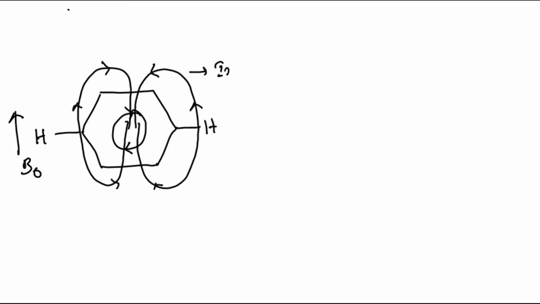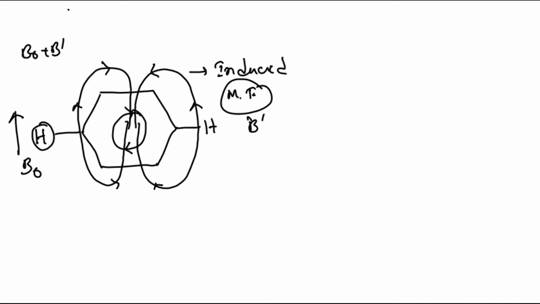You can say induced magnetic field. So there is an applied magnetic field and there is an induced magnetic field. Signify the induced magnetic field by B prime. Now we can easily see that this proton, which is an aromatic proton, feels an extra magnetic field, B0 plus B prime, because it feels the induced magnetic field which is along the direction of the applied magnetic field. So it is actually feeling some extra magnetic field due to this induced magnetic field caused by the ring current of the benzene.